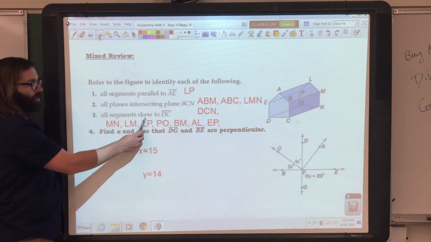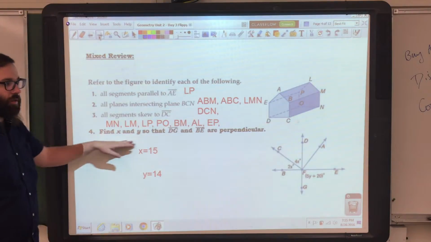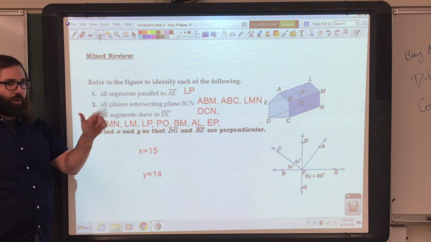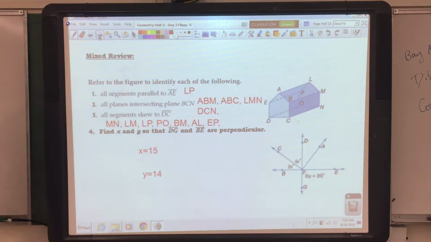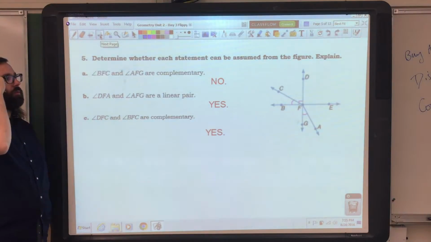Notice the segments that are skew to DC, there's a lot of them. You know, skew is just not on the same plane, they don't intersect. And these last ones,